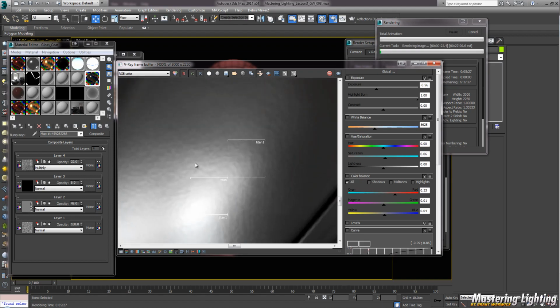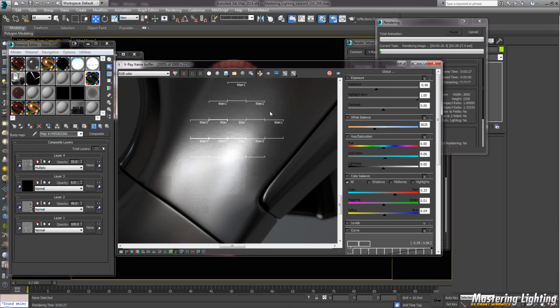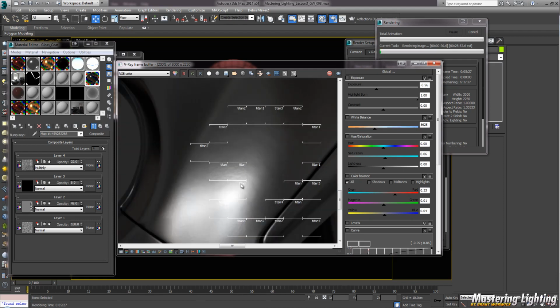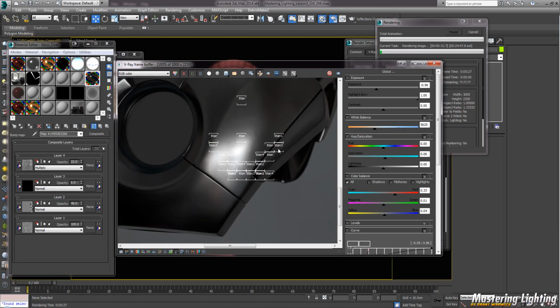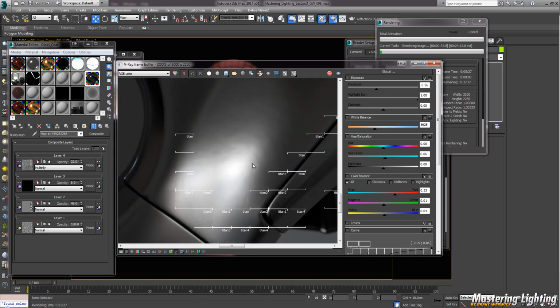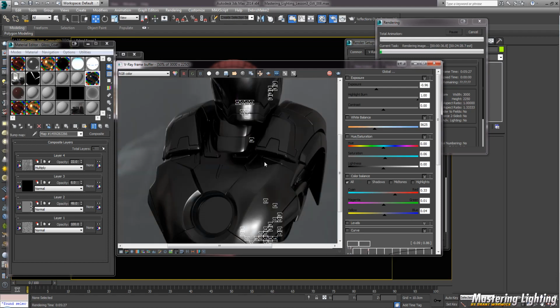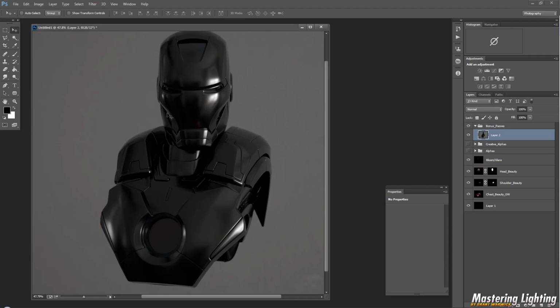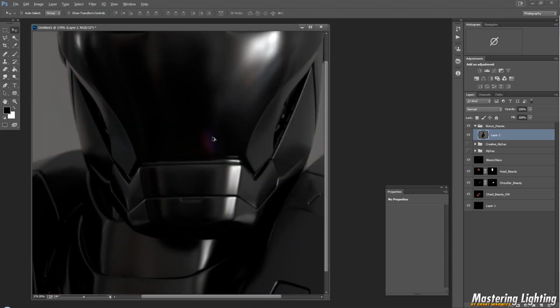As you can see, it's just causing a little bit of that real subtle detail to make the surface not look so perfect. So I'll wait for this to render, and then I'll bring this back into Photoshop. So while I've got that rendering, I'm going to go into Photoshop, and I'm just going to try and fix